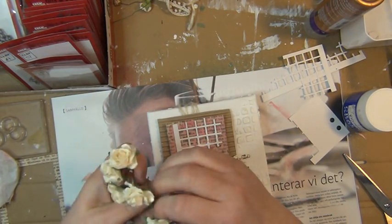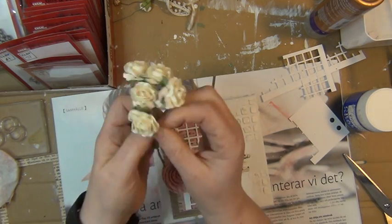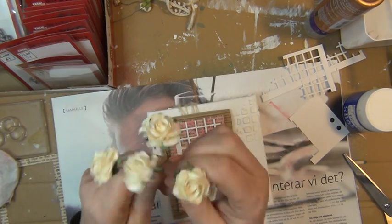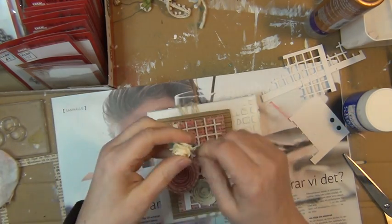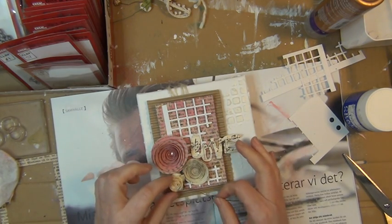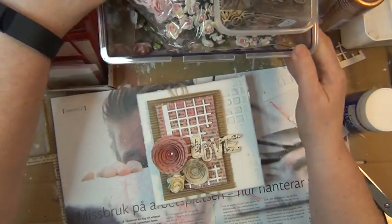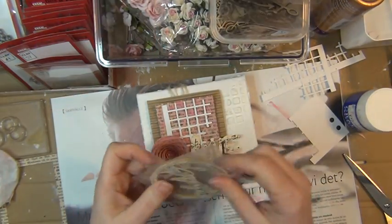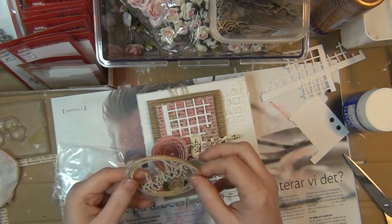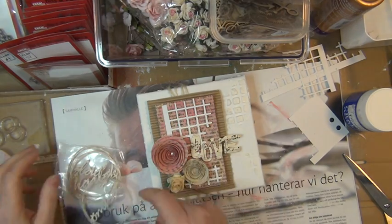a proper paper rose. Just trying to find the one that is loose. So that could actually work, couldn't it? But I did have some other roses here, and come to think of it, I also have these. I'd really like these. Ömhet, tenderness. Yeah, I actually did have a